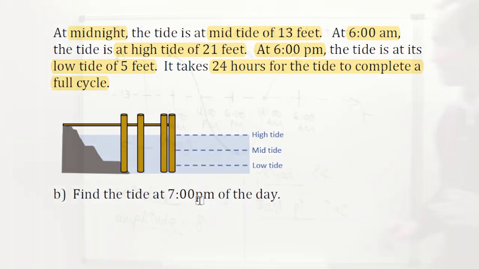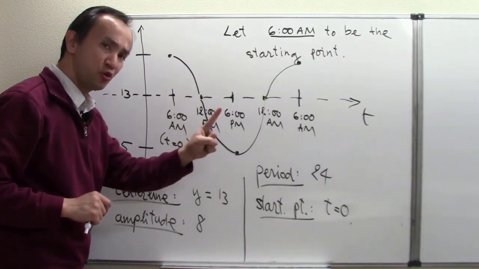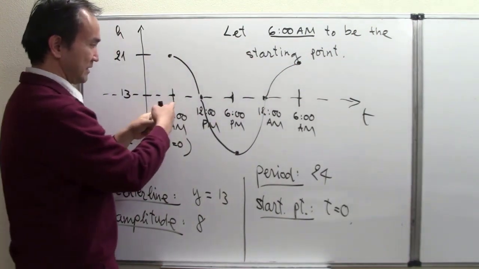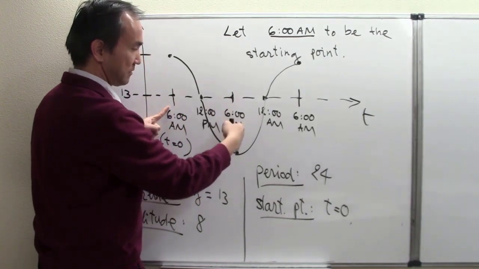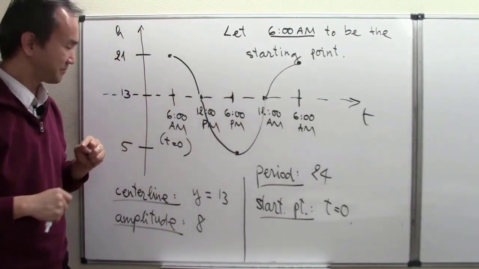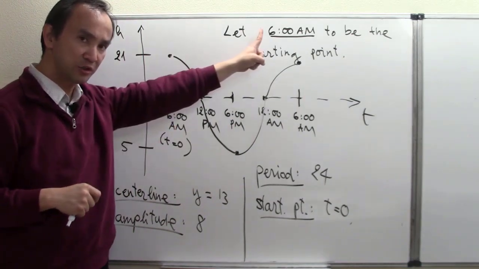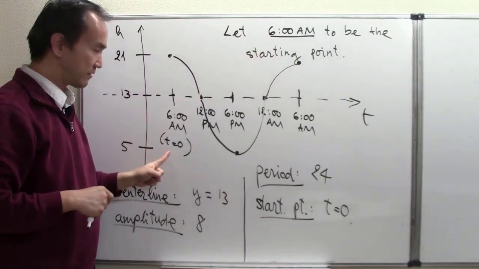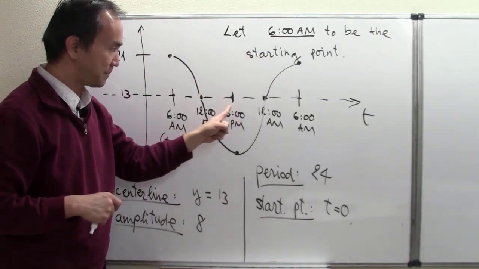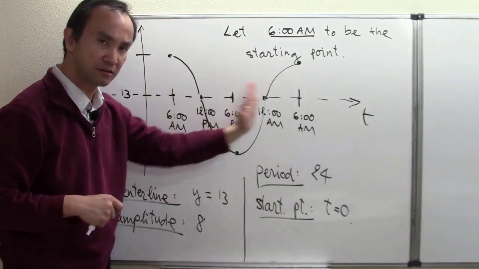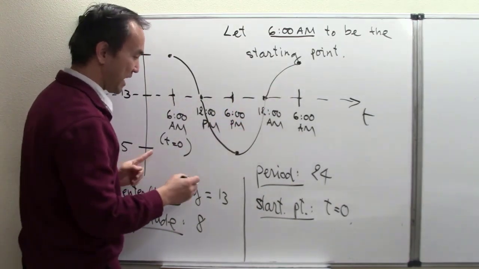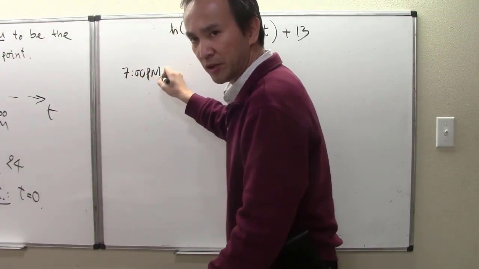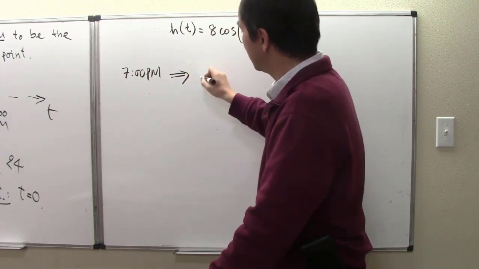of the day. Since we chose our starting point to be the 6 a.m. point right there, then 7 p.m. is 1 hour past this halfway point on our chart. Because we chose 6 a.m. to be our starting point, t equals 0, then 7 p.m. is going to be 1 hour past that 6 p.m. point on our scale right here. So 7 p.m., the same exact time point that was asked for in the problem, is understood as t equals